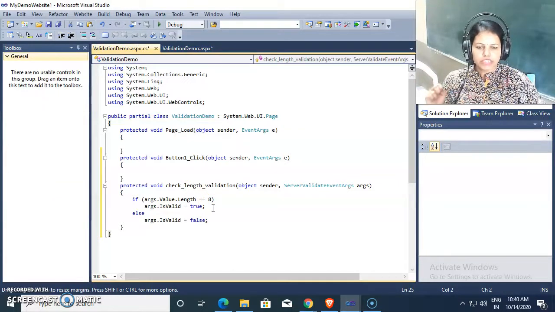So this C# code will run on server side. Because C# is a server side scripting language, we are not executing this code at client side.